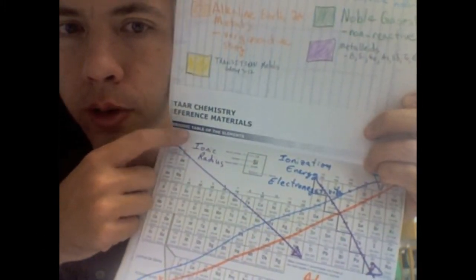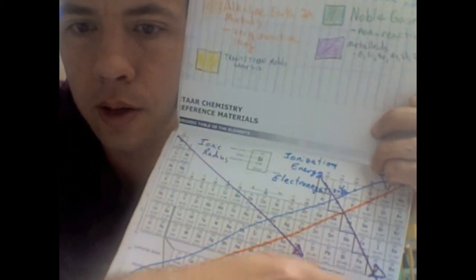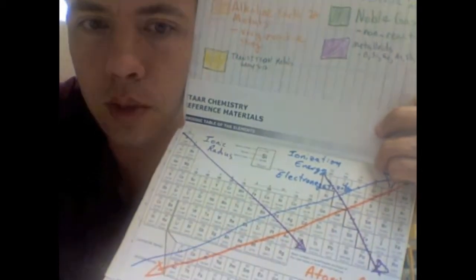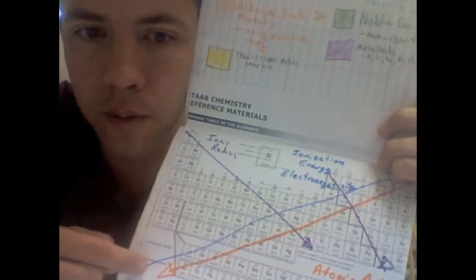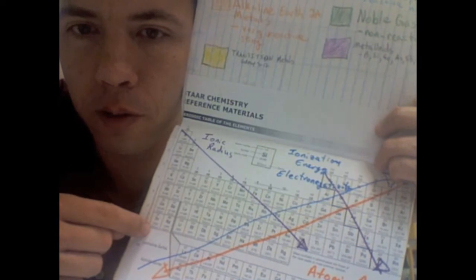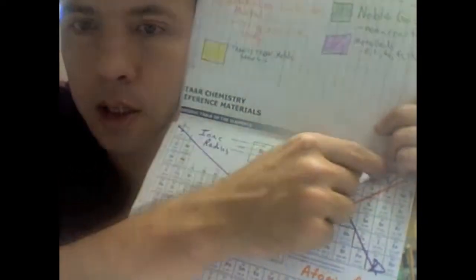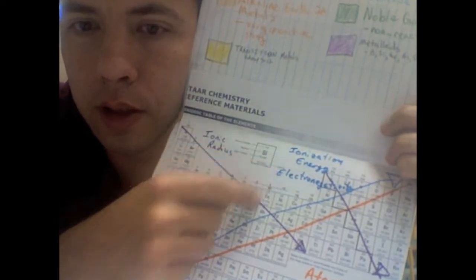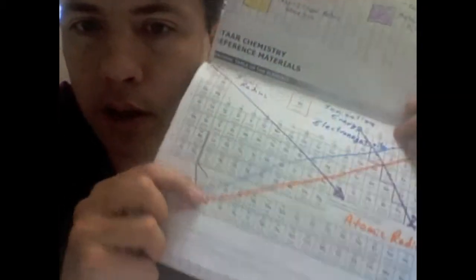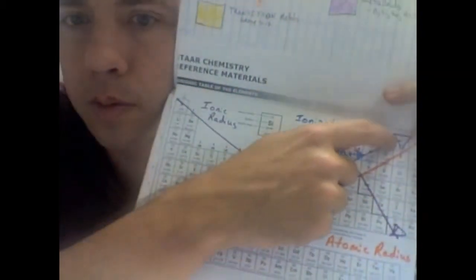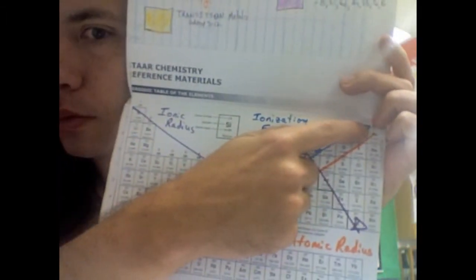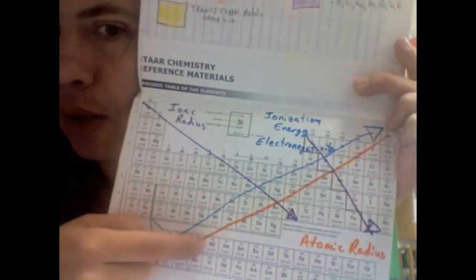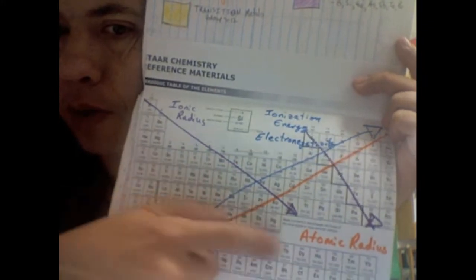Ionic radius going from hydrogen to mercury, and then again from boron down to astatine. And from francium, actually I should have drawn it from francium up to helium is ionization energy and electronegativity. And going from helium down to francium is your atomic